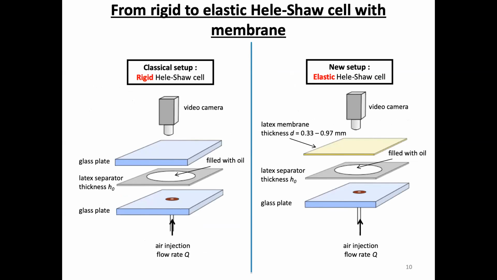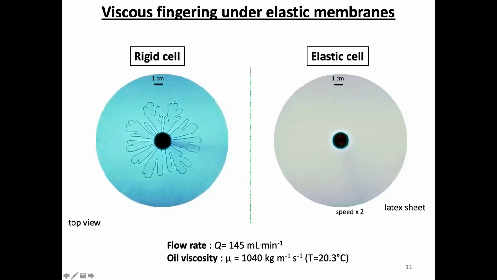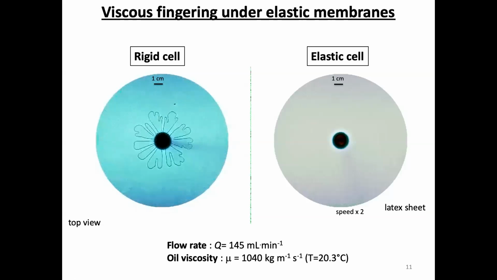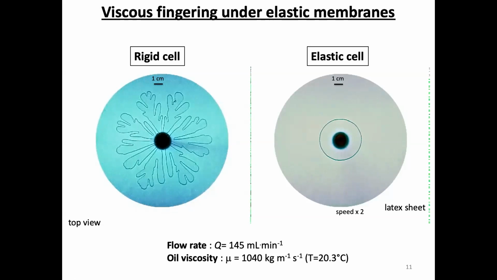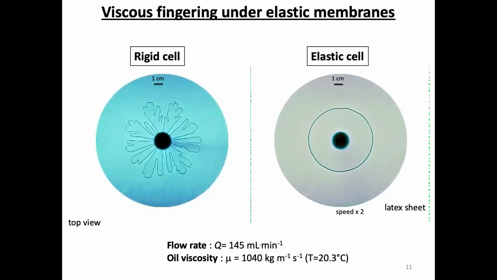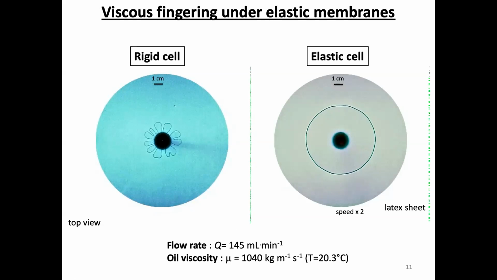Let's see what happens in that case. So here is the experiment that you've seen before with some fingering. And this is the same experiment but below an elastic sheet. As you can see, in a minute, basically the whole instability has disappeared. And now we have a circular circumference of the interface that expands as we inject more and